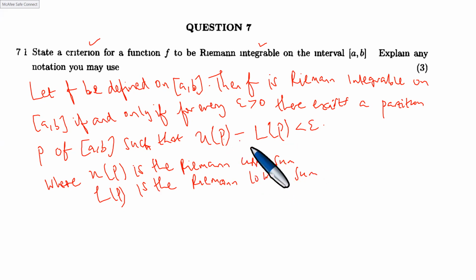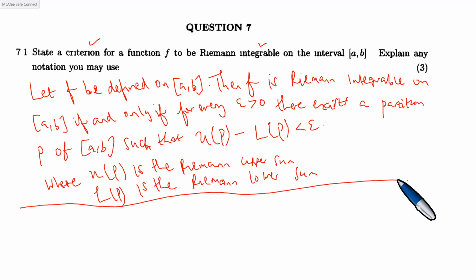Okay, because now when the difference between them is less than epsilon, it means we are taking n to be very large. When n is very large, n approaches infinity, this difference is very small. Ultimately, we agree that if a function is Riemann integrable, then these must be equal. If they happen not to be equal, then a function is not Riemann integrable. What kind of a function would not be Riemann integrable? Let's look at an example. Okay, they did not ask us this, but most of the functions we study are Riemann integrable because the functions themselves